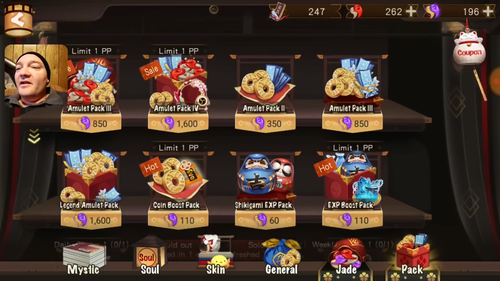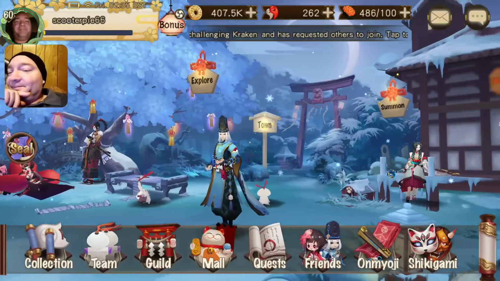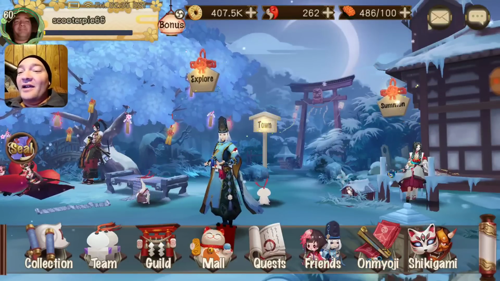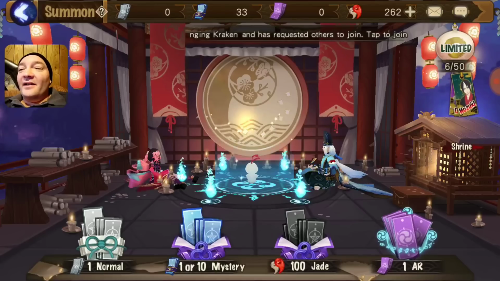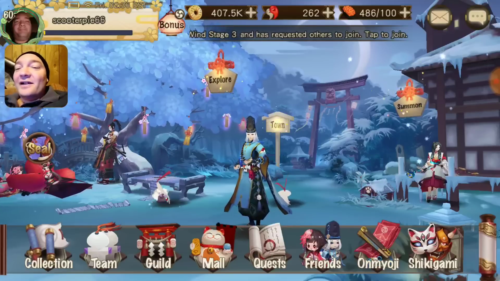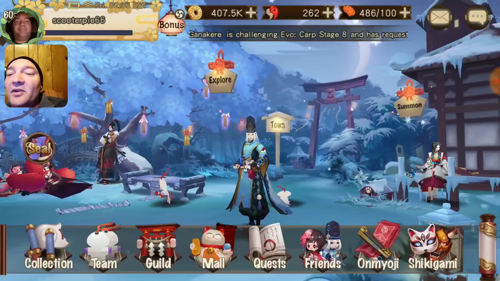I mean, these ones are actually not too bad. That's not too bad of a deal if you're into spending money. But seriously, as far as drops in the game, they're really, really rare. So unfortunately, even though it's kind of not worth it, it's also almost your only source of mystery amulets. Now, on the other hand, mystery amulets themselves are not nearly as valuable in this game